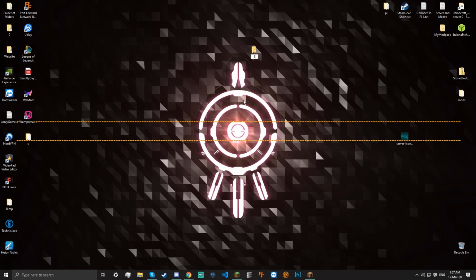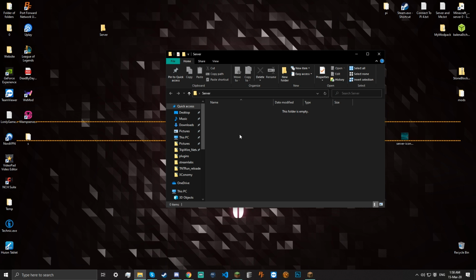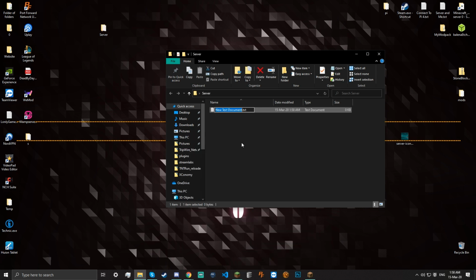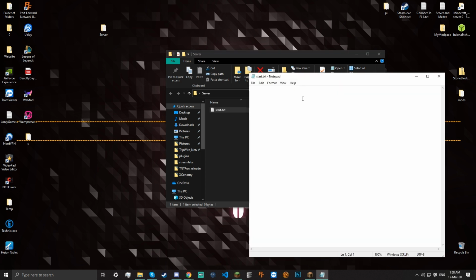First, a folder. Call it whatever you want. I'm gonna call it server because that's just easy to remember for me. Just put it somewhere where you know it. Next, you want to go in here. Now, next you want to either create a text file or just click start.bat, and then in here you're